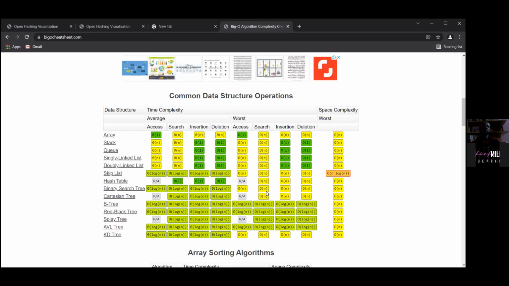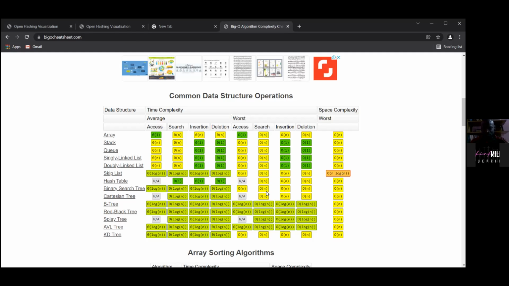So with data structures in an application, you can combine the knowledge and build an application that is efficient.